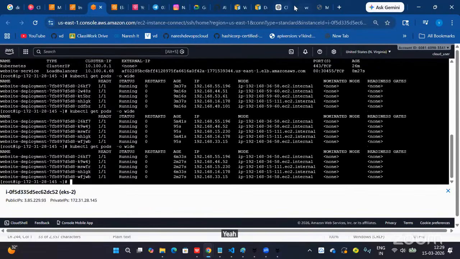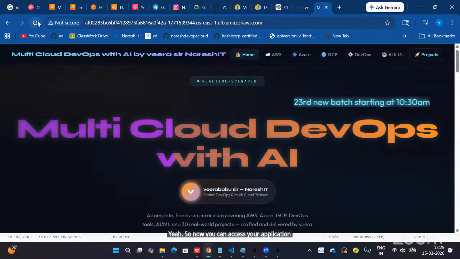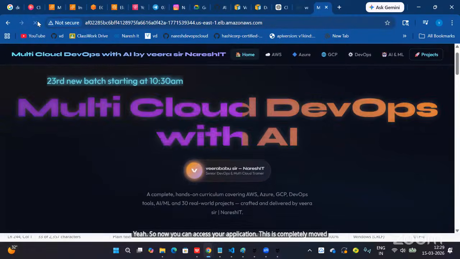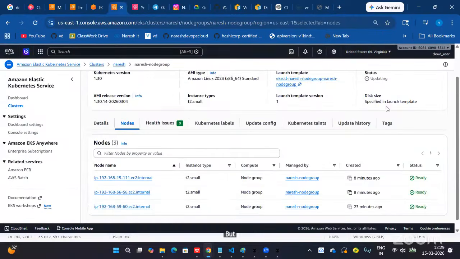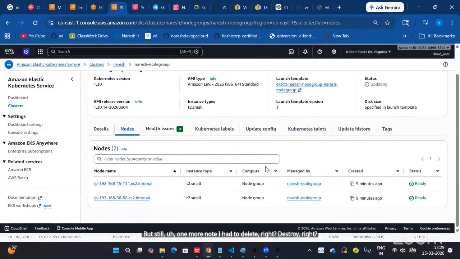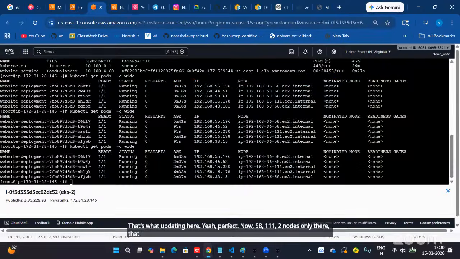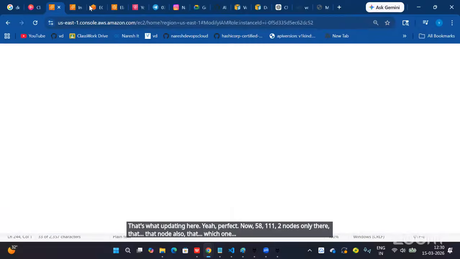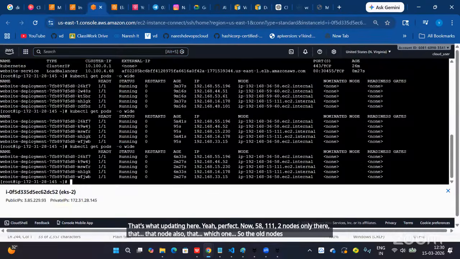Yeah. So now you can access your application. It is completely moved into new nodes. But still, one more node has to be deleted, right? Destroyed, right? That's what is updating here. Yeah, perfect. Now 58, 111, two nodes only there. Run kubectl get nodes.